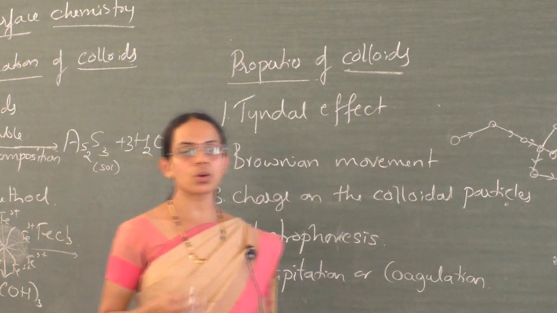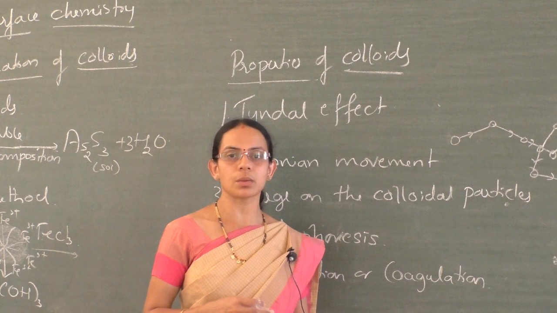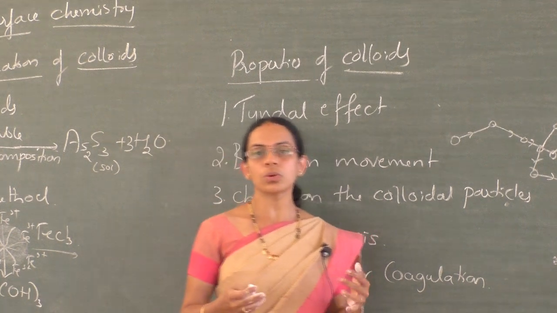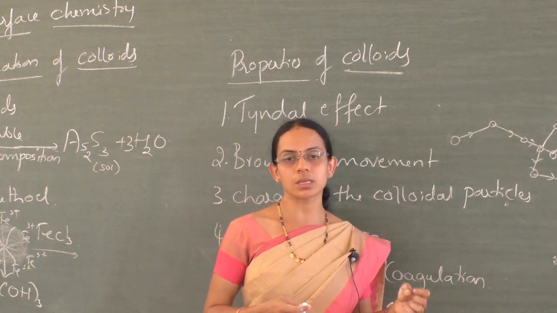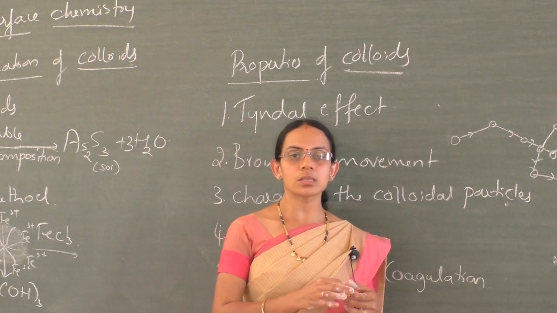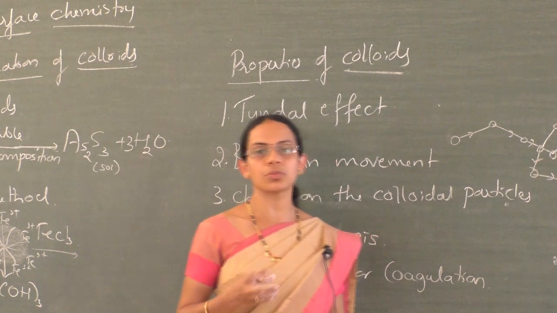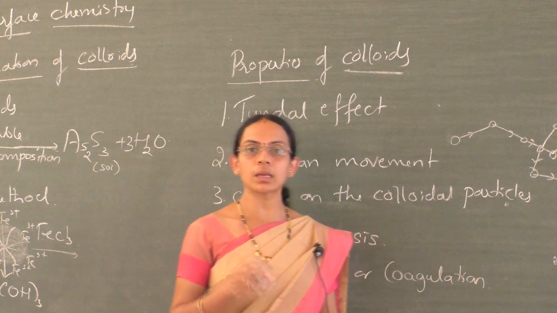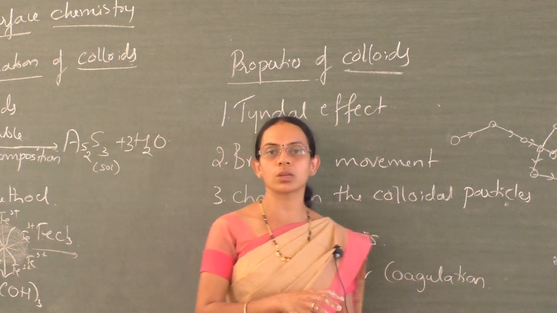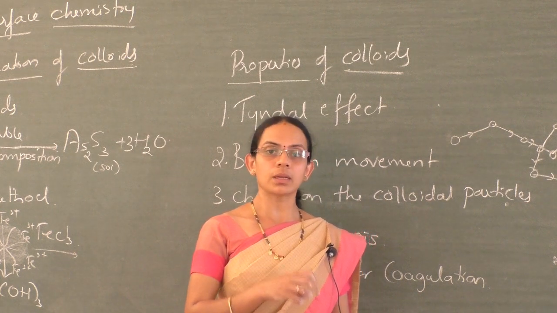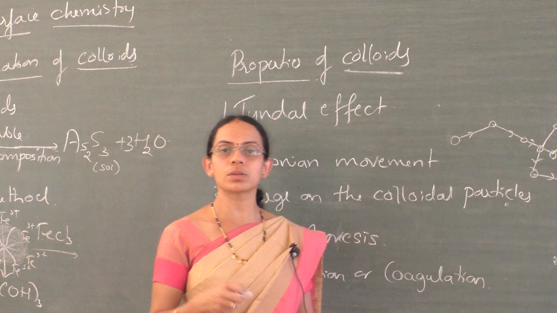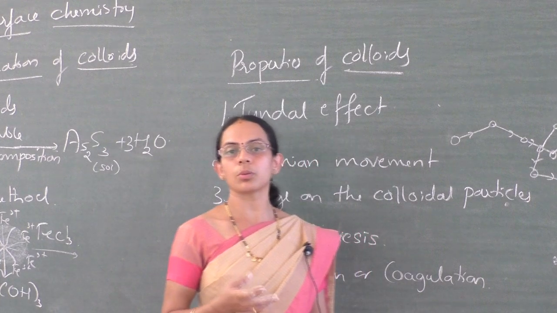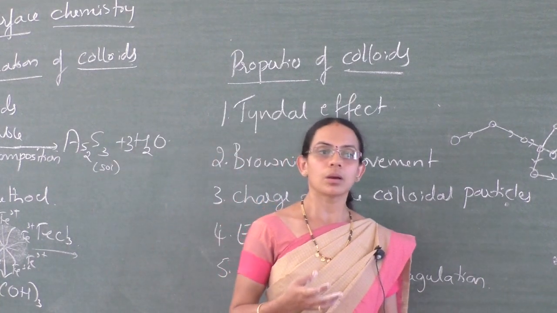In application of colloids, we find many applications. For example, the Cottrell precipitator of smoke. Smoke is a colloidal solution of carbon, arsenic compounds or dust. When the smoke comes out of the chimney of any industry, it is allowed to pass through a chamber containing electric plates carrying charge opposite to that of the charge present on the smoke. The smoke particles get attracted towards those electric plates, lose their charge, and are collected in the form of ash. That is called electrical precipitation of smoke.